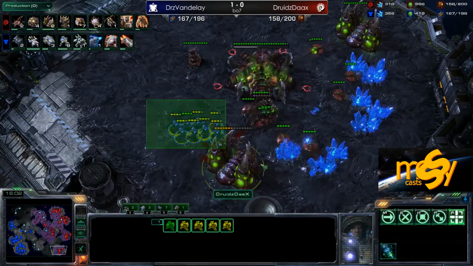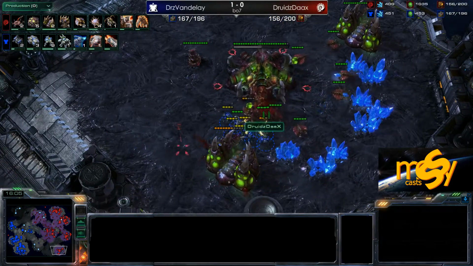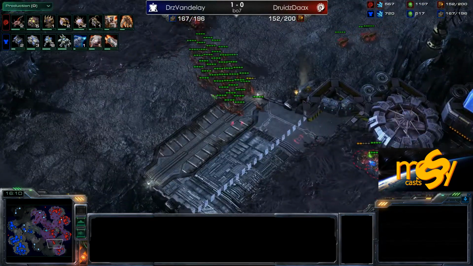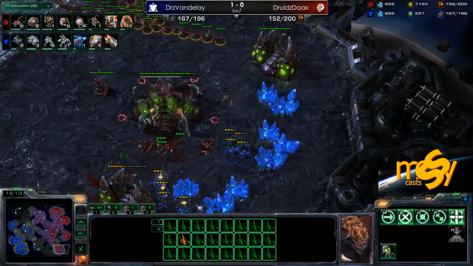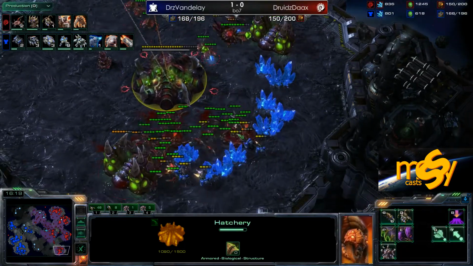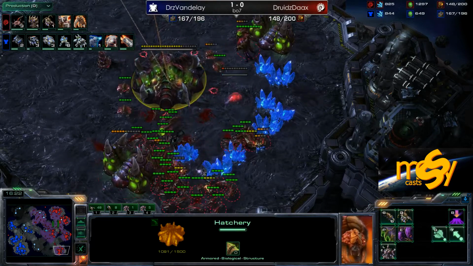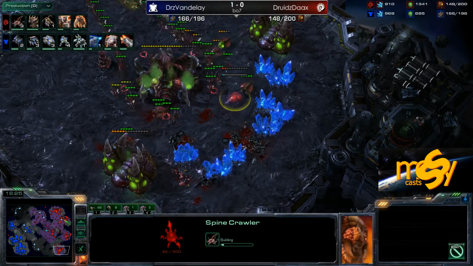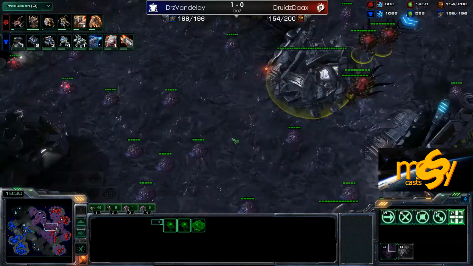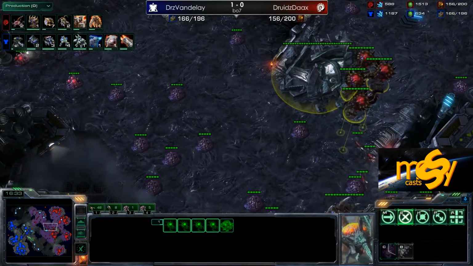Well, we see the Marines come in, take down another queen, and the drones have to be pulled. The entire army responds from Daax. Now they do try to target down the hatch, but the Zerglings will be there in time. Did a Marine just say mother? I don't know, but